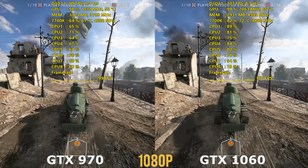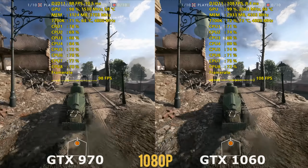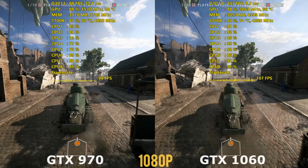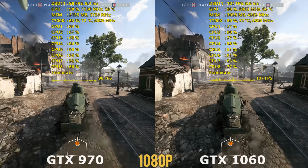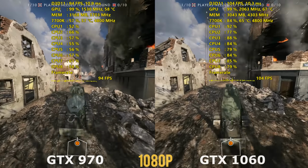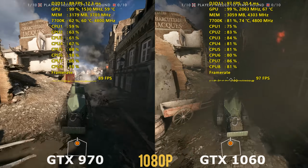And it can hold its own up against something like the GTX 1060 when both of these cards have been overclocked to the highest that they could possibly go. And with this being close to half of what the GTX 1060 is, if you are in the market for a graphics card right now around this price range, I think the GTX 970 would be a really good pickup,